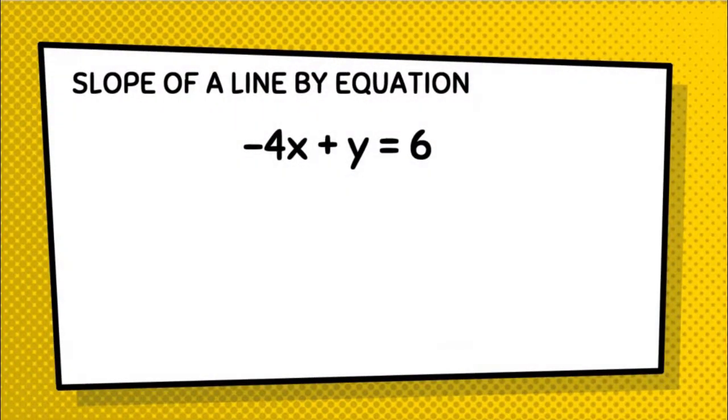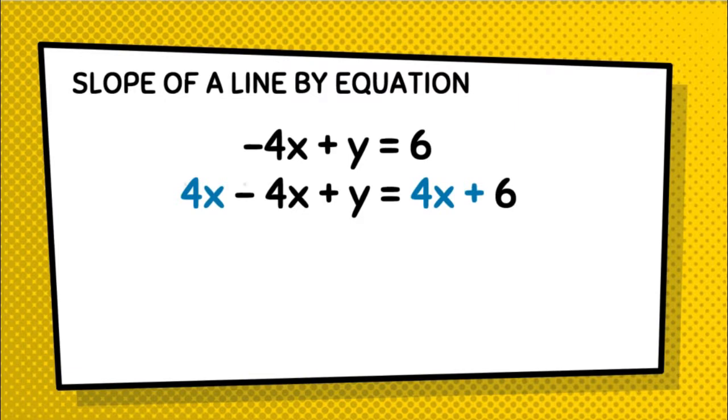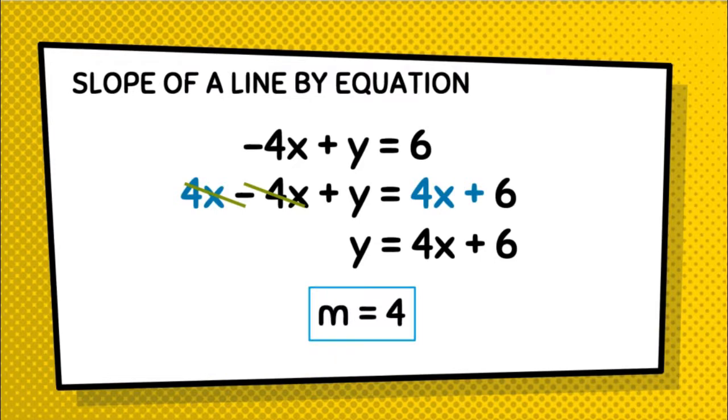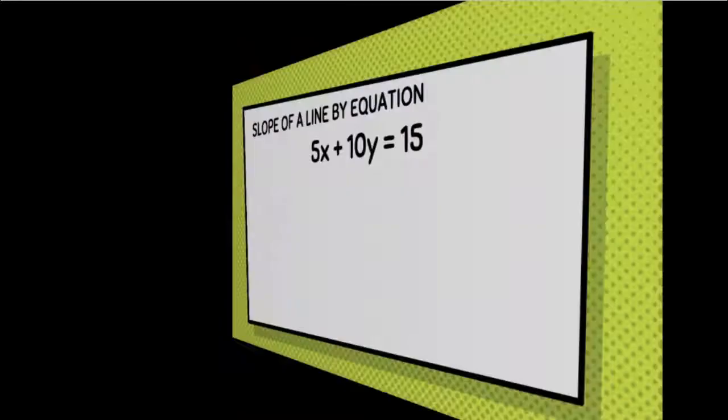negative 4x plus y equals 6. Again, we will use the additive property of equality. We will add on both sides the inverse of our negative 4x, and that is positive 4x. And then, cancel. We will have y equals 4x plus 6. Therefore, from our slope-intercept form, our slope is positive 4. Next example, we have